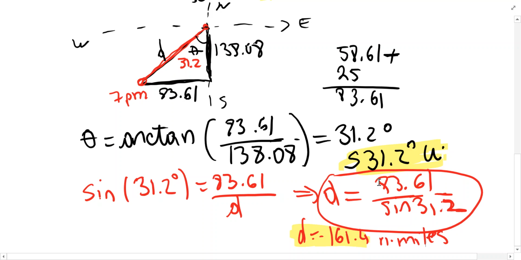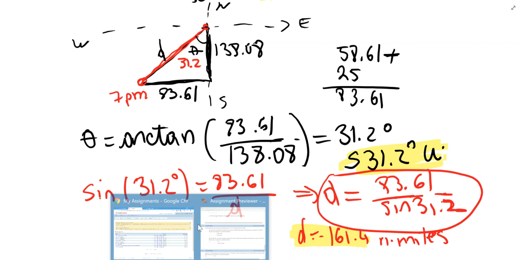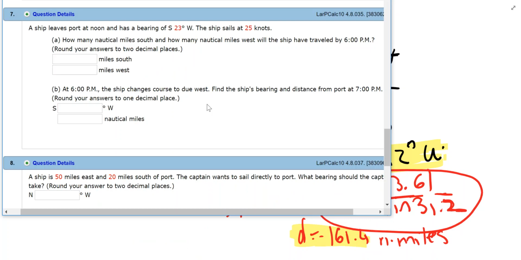Okay, so as you have noticed, all of these word problems, basically your task is to translate them into a right triangle that you can solve. One more comment in the homework. When you have,